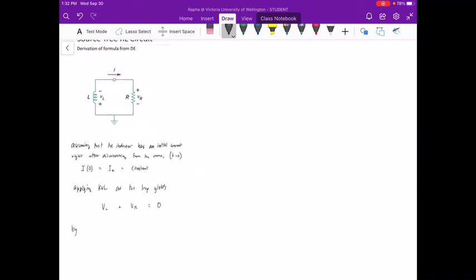By definition, VL is equal to L di over dt, or the derivative of current with respect to time, and VR is simply equal to current I times resistor R. So we will substitute that into our KVL equation. We have L di over dt plus IR is equal to 0,